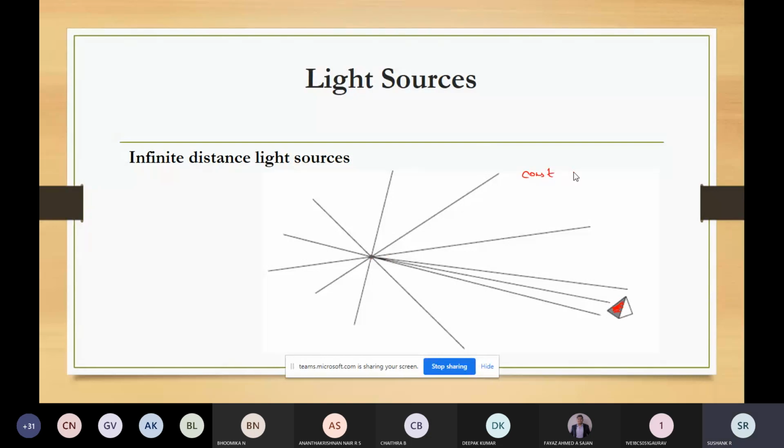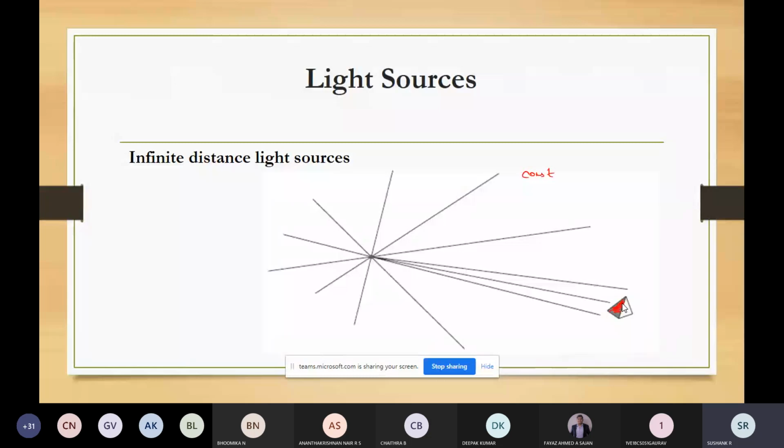So the light path from the distant position for this scene can be constant. You can see it is illuminating only this face of the pyramid, the one which is colored. Here you can simulate this light source by giving a color value and a fixed direction for the lights coming from that source.